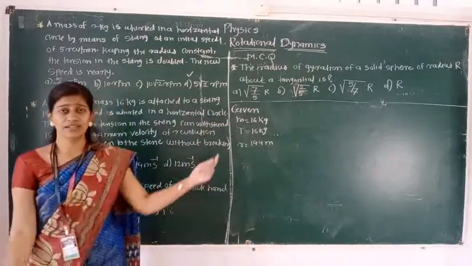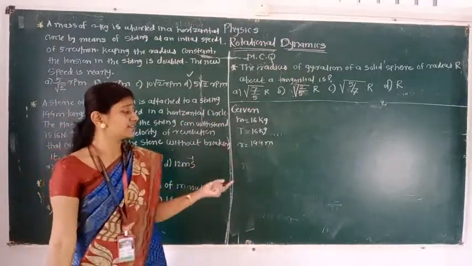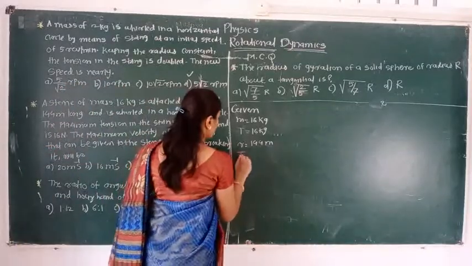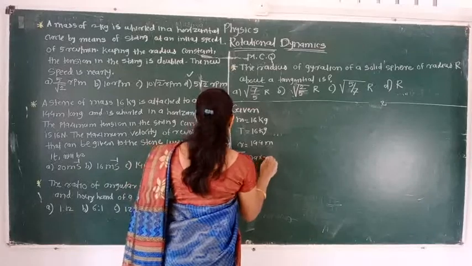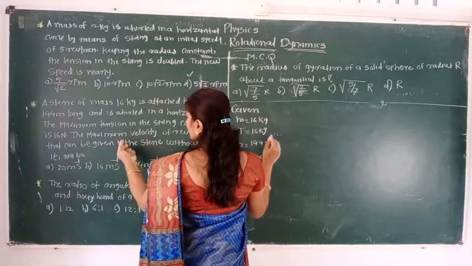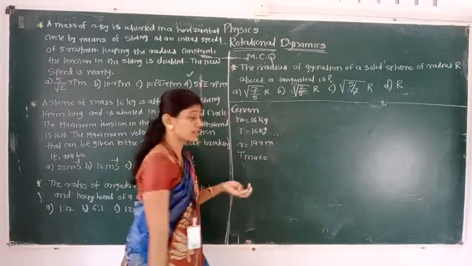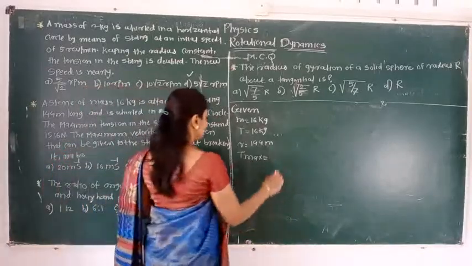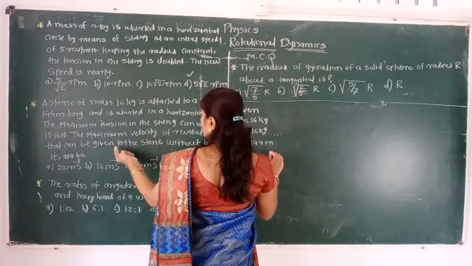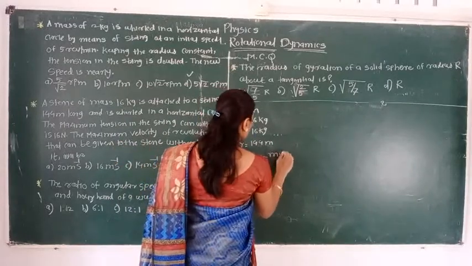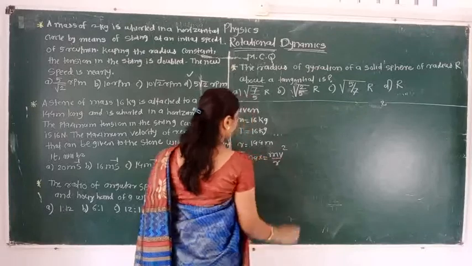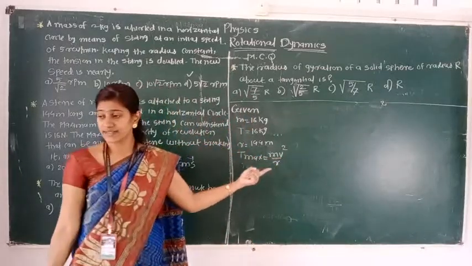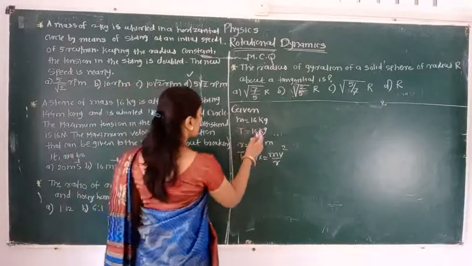Now here we have to find out the maximum velocity. We know that in this case the centripetal force is provided by the tension. We want the maximum tension, so the velocity is also maximum. So maximum tension is equal to m v max square divided by r. So all values are with us, and we have to find out the value of v max. Here the velocity is maximum, so the value of tension is